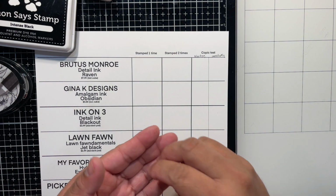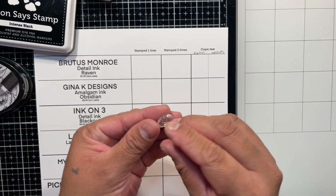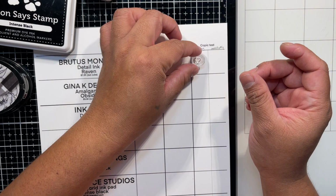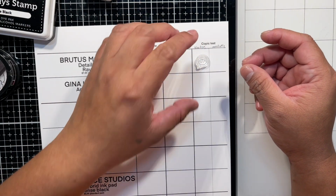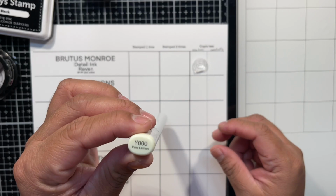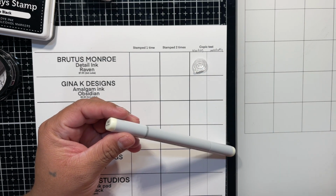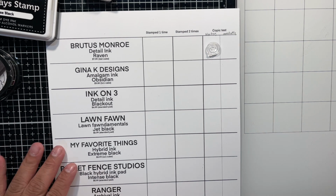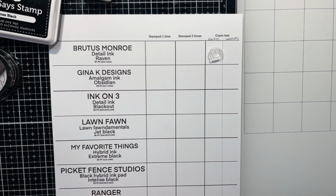So this is the stamp that I have right here. I am not going to say who it's by. Oops. It is a photopolymer, tiny, tiny little stamp. We don't really need something too intricate. All I need is to be able to see the ink. All right, I have chosen Y000 because it's a really, really light color. All right, I am going to be doing the stamped one time, just using a block